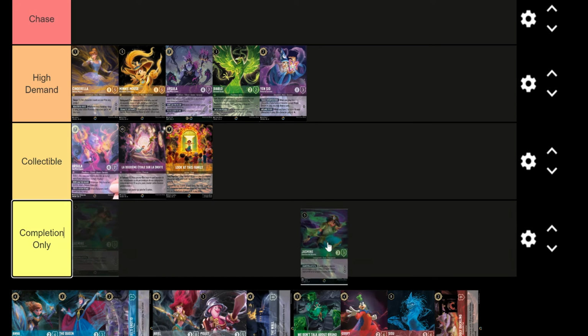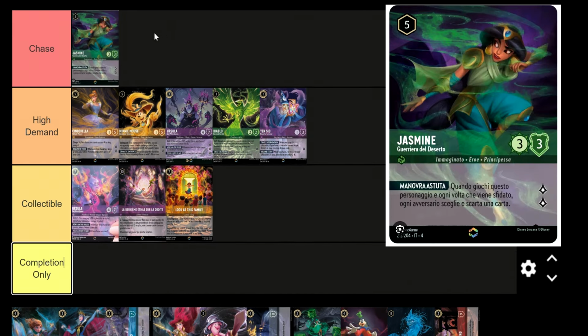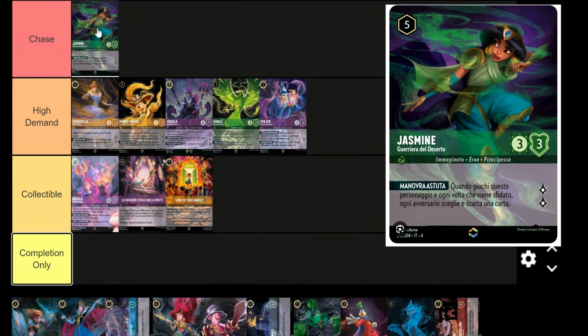All right, next up is Jasmine. And Jasmine is going to be our first one in our chase tier here. This is her first Enchanted, which I think is going to help it the most. I'll be honest, I'm not a huge fan of this particular artwork. I don't think it really embodies most Jasmine collectors' images of Jasmine. A lot of greens in here, where I think a lot of times she's more associated with like the bluish